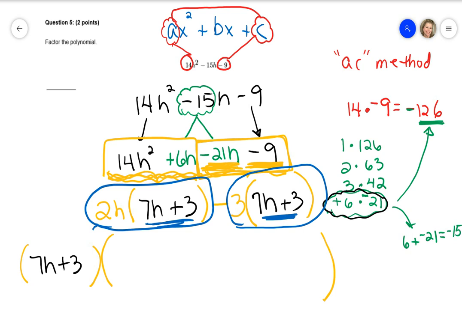And then I'm going to be left with, if I pull out the 7h plus 3 here, I'll just be left with the 2h and then the minus sign. And then when I pull the 7h plus 3 from this back mess, I'm just left with the 3. So my answer that I'll